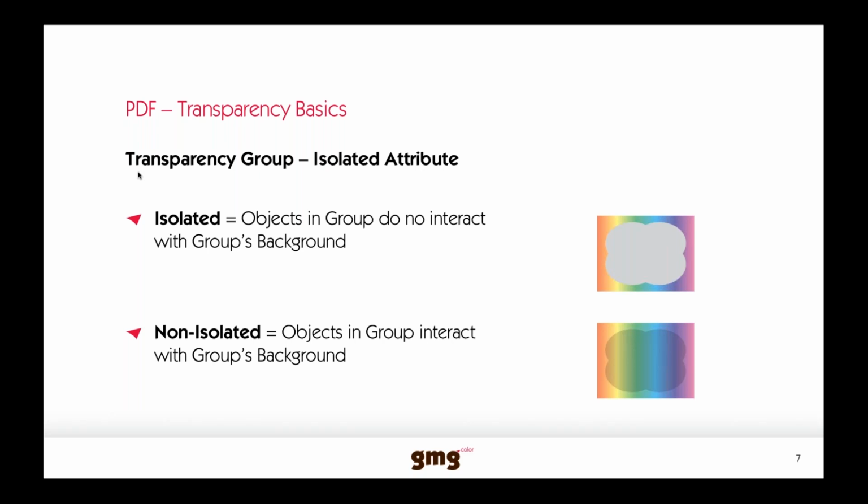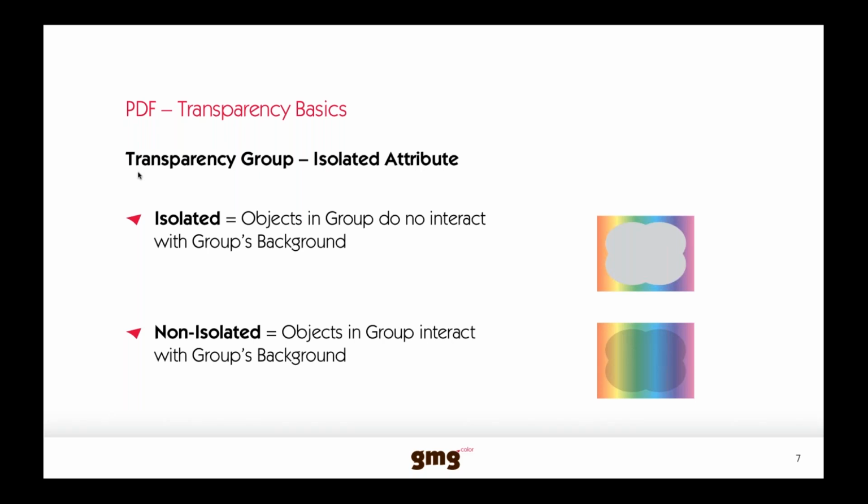You will see it in the small picture on the right side, these gray bubbles on the rainbow shading. It's also possible to use non-isolated, so every object is interacting with the group background, and you will also see it on the right side. So there are two different possibilities to work with